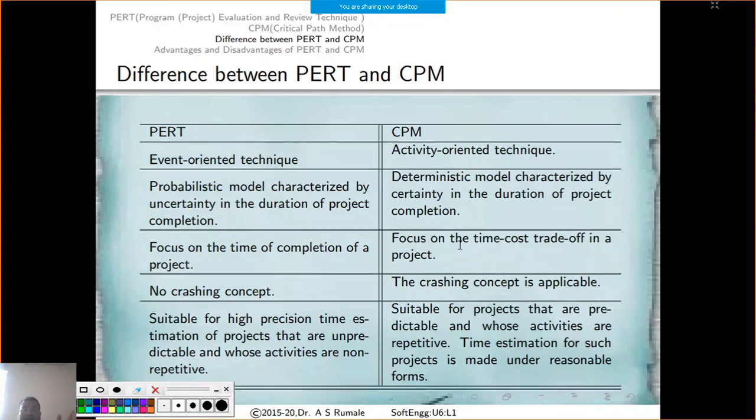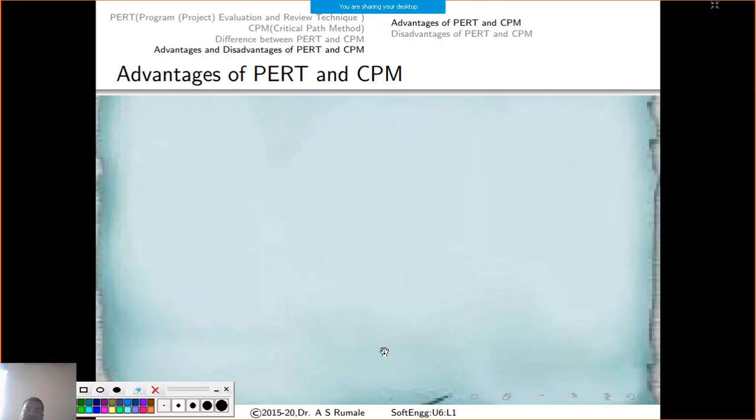So these activities are repetitive, and so time estimation for such projects is made under reasonable terms, and these are for discrete activities where a time-cost trade-off is possible. There is no probability in CPM projects, while PERT projects are always probabilistic and you don't know the exact outcome of things. So what are the advantages of using PERT and CPM,